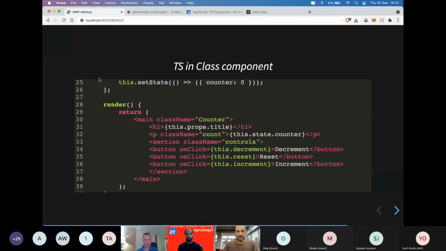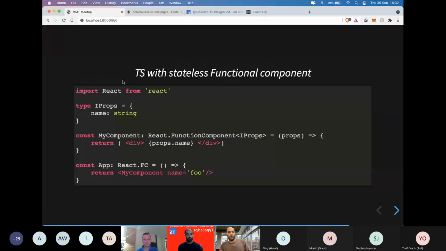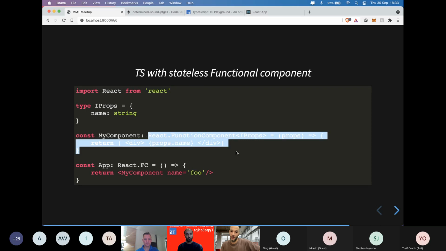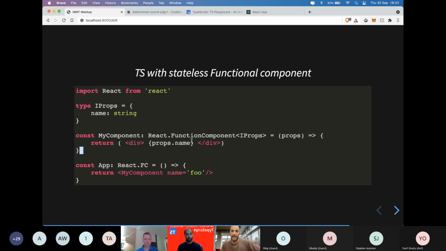Cool. Another simple example I want to write down is the stateless function component, and this is pretty much the same structure as the class one. We define the props, but we use this React.FunctionComponent, which can also be abbreviated as React.FC, and we pass the props just to make clear which props this component can take.